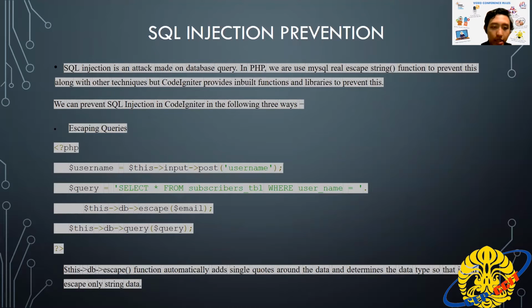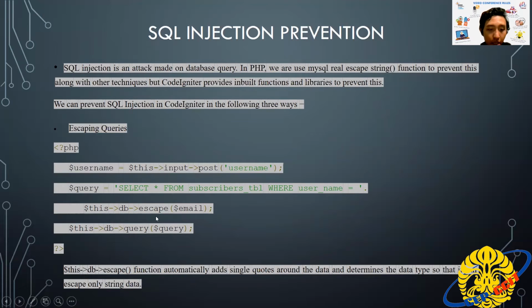So we can prevent SQL injection in CodeIgniter in the following 3 ways. First is escaping queries. In escaping queries, we have example code. We have PHP: $username = $this->input->post('username'); $query = 'SELECT * FROM subscribers_tbl WHERE user_name = ' . $this->db->escape($email); $this->db->query($query);